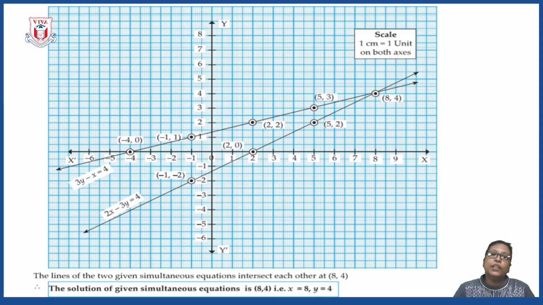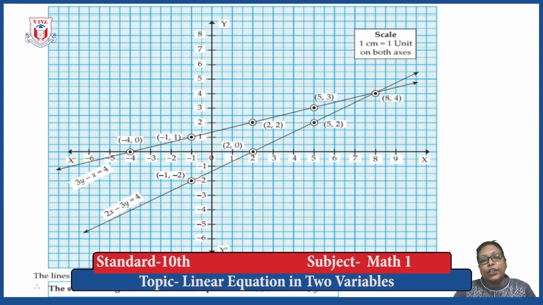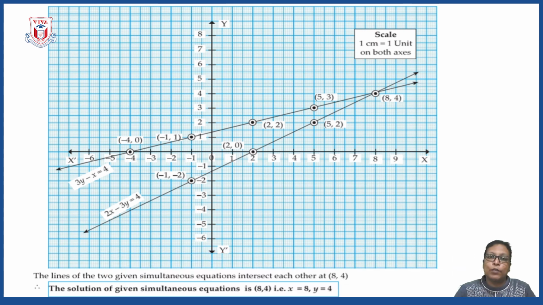The important thing here to note down is the graphical method is time consuming. You might have observed that preparing table and then plotting the points, preparing the coordinate system and writing the equations, writing the scale. If you are not writing scale, then also you are going to lose the marks. So it is time consuming method. The question will appear for 3 marks, but it's time consuming. So if you know other questions, try to attempt them first. Okay. If not possible, then only go for graphical method. Otherwise, why it is so, I told you, because it is time consuming.